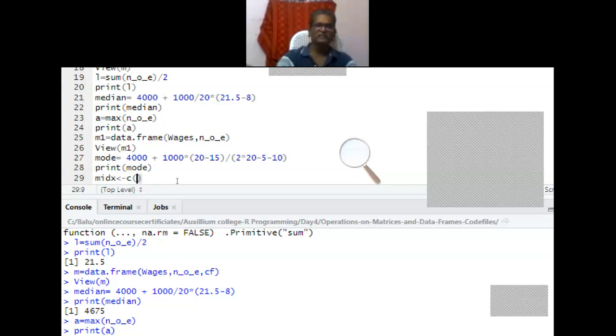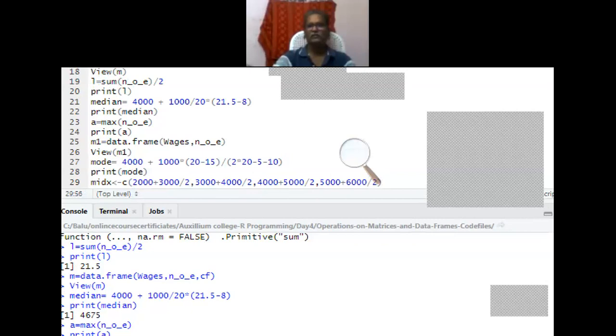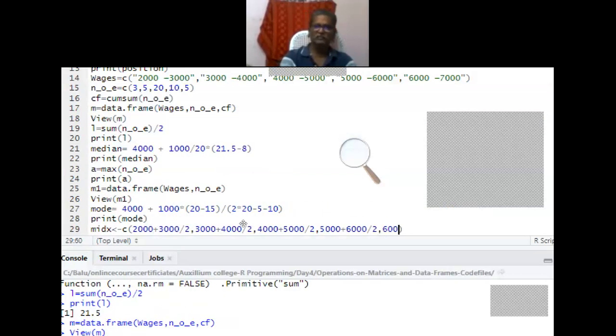Mid x of C: the first one is 2,000 plus 3,000 divided by 2, 3,000 plus 4,000 divided by 2, 4,000 plus 5,000 divided by 2, 5,000 plus 6,000 divided by 2, and 6,000 plus 7,000 divided by 2. Okay, so the mid value is calculated.